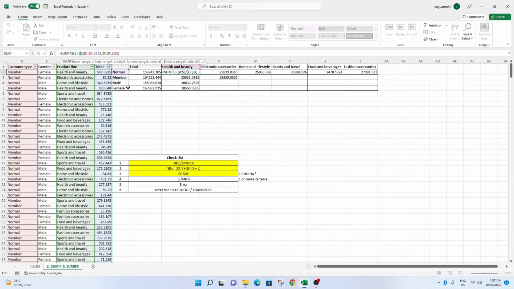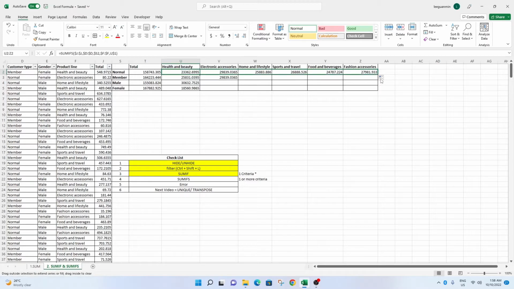I know that the normal will be moved to member soon, so I just unlock this one. I just lock the S, which means I lock the column but without locking the row. So I'll show you again, drag it down. This one needs to change, but the rest will be the same. As you can see, all the data shows already, and it's referring to the correct cell and